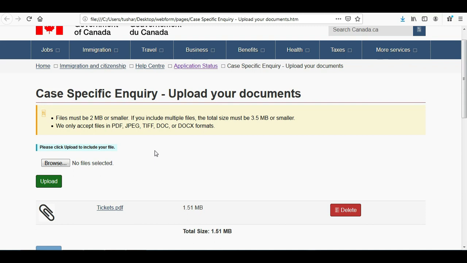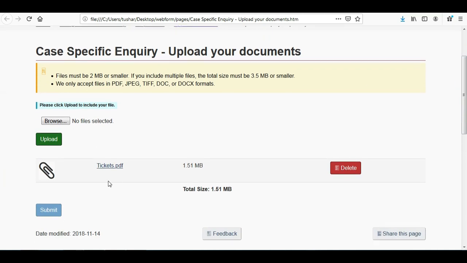If your file is greater than 2 MB, it will not be allowed. So make sure that your file is less than 2 MB if it is a single file, and if it is multiple files, then the total should not be greater than 3.5 MB. You can select any file. For example, here I have uploaded my tickets.pdf, which includes my tickets as well as those of my accompanying family members. Then I have to click on submit.